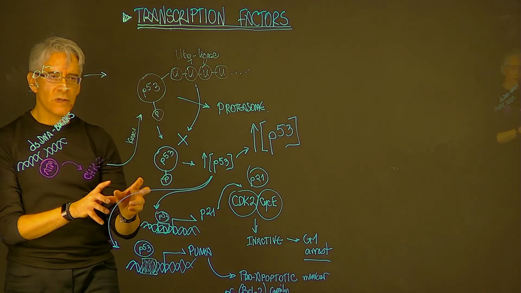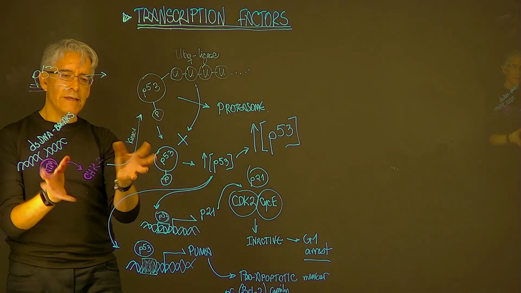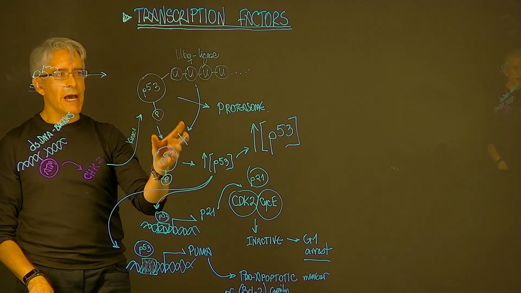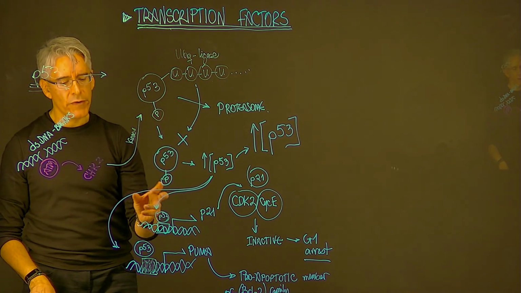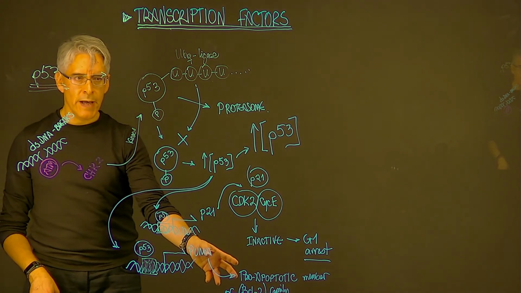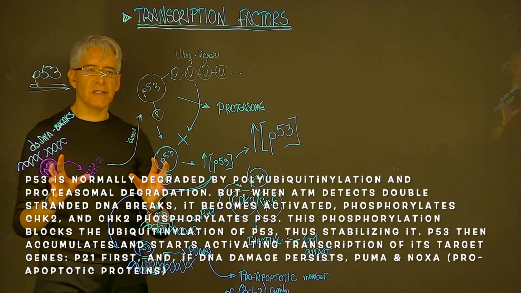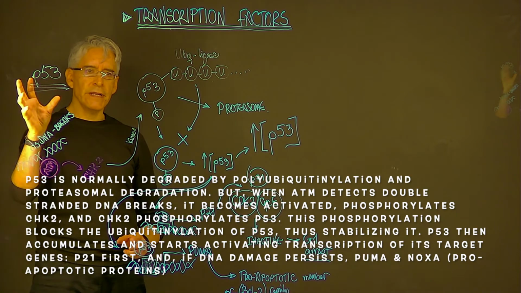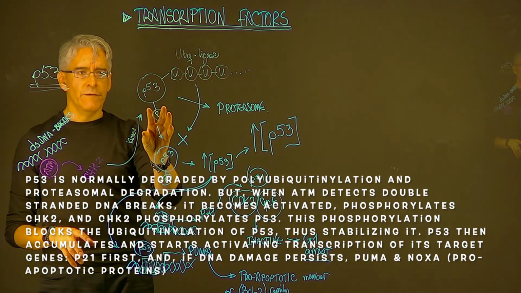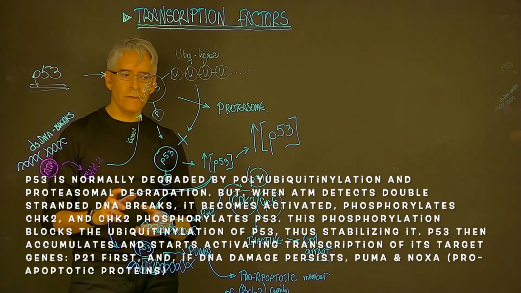will hit the promoters for which it has high affinity, starting with p21. But if the DNA damage continues, then the concentration of p53 within the cell will continue to increase, and now p53 will be able to start hitting other promoters, including the promoters of pro-apoptotic genes, including PUMA and NOXA. So that's p53, a very specific example of a transcription factor that is regulated mostly by post-translational modifications, ubiquitination and phosphorylation. All right, and now let's talk about the other transcription factor that I wanted to deal with in this